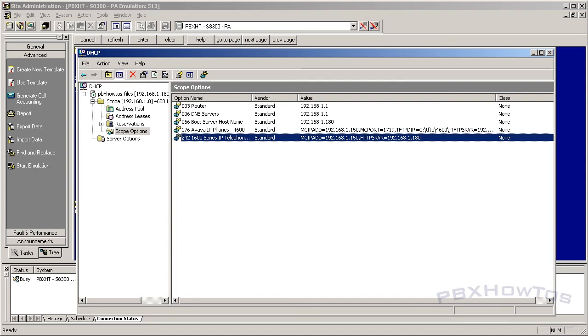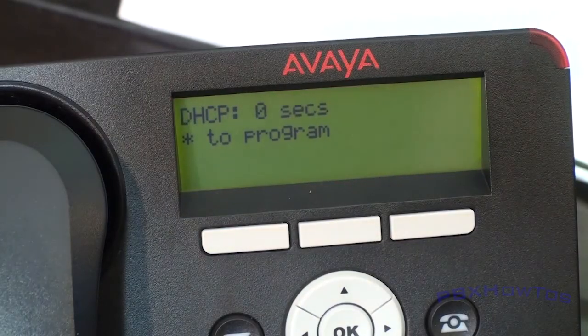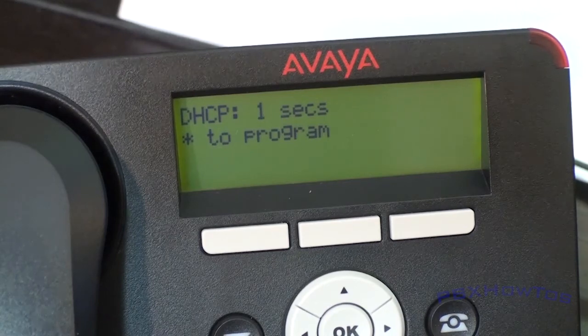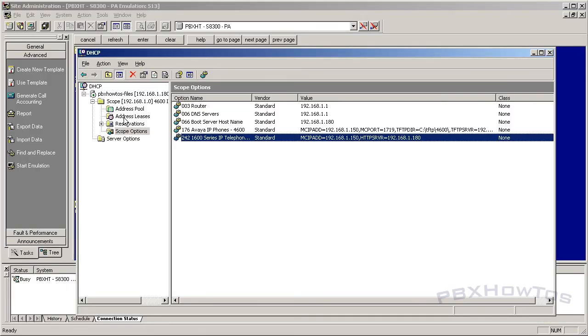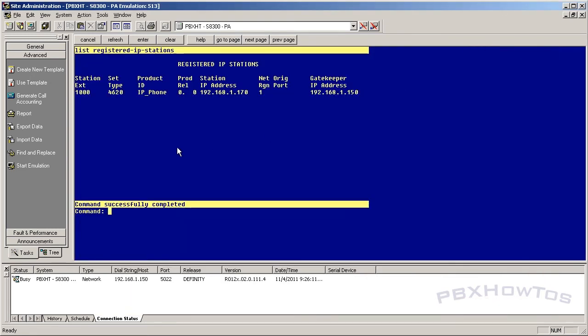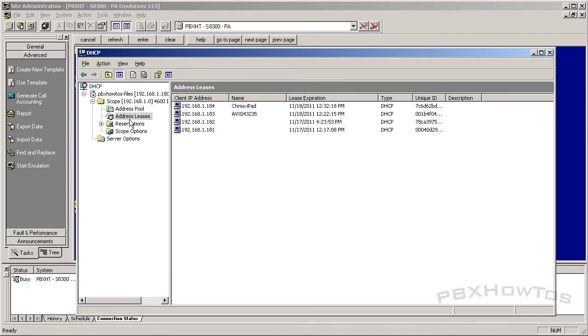Okay? And what it's going to do is go into DHCP when it reboots. It boots up and it says DHCP and starts counting. It's going to get an IP address out of the pool, and then all of these options in here, except for 176, of course, it's going to look at all these options, and then your phone will be ready to go. It'll prompt you for the extension and a password, just like we set up in here. Once you get prompted, you type in your extension, you type in the password, and you are good to go. So now the phone has booted,